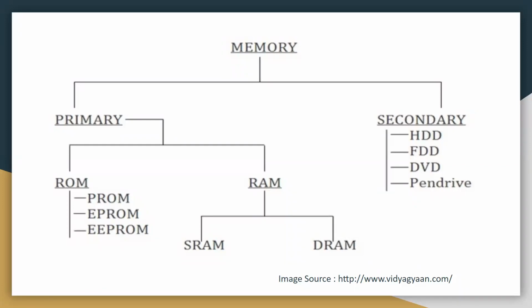Next, we are moving to RAM. RAM stands for Random Access Memory. It is the internal memory of your CPU, which helps you to store the data, programs, and instructions as well. So this is a read-write memory. Remember, ROM is just read memory, whereas RAM is a read-write memory. It stores the data until the machine is working. As soon as your machine is switched off, the data is erased.